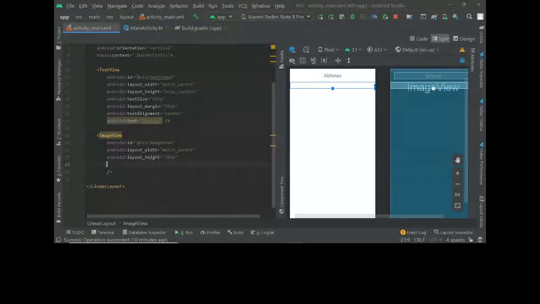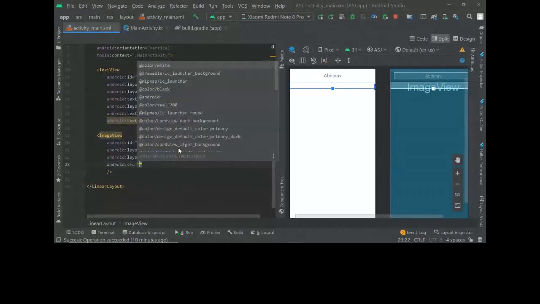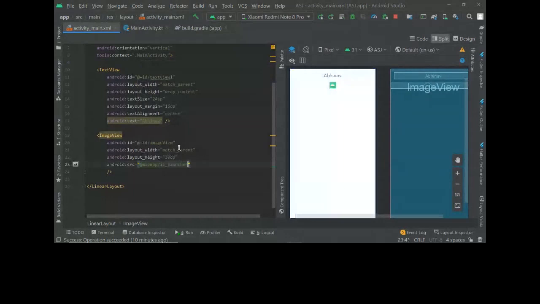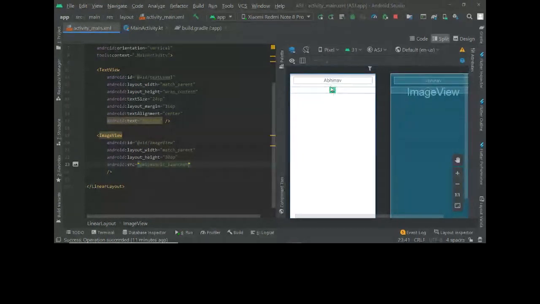Now to add the actual image, we use something called SRC. SRC is source, and since we don't have an image right now, we'll just use some images already there in Android Studio itself. So this is an image which is already there. It's there in Android Studio itself. You can see the small one.